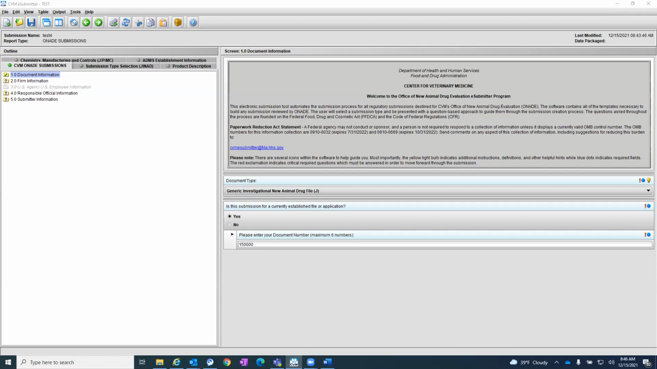This recording will describe how to add establishment information for the CMC technical section of a submission of an investigational new animal drug file or a generic investigational new animal drug file. For these submissions, all establishment information is provided. In this example, INAD submissions, generic investigational new animal drug file was selected,